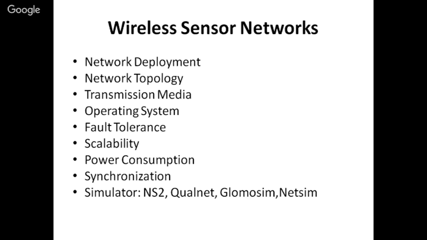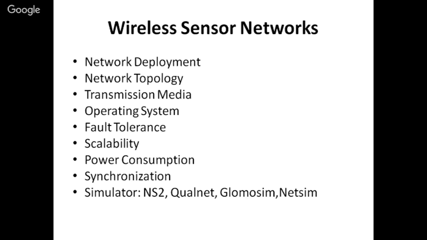Likewise, these operating systems available for mobile phones or laptops or computers cannot be applied onto these sensor networks where WSNs are used, because these sensors are very small. We cannot use normal operating systems because they consume a lot of power as well as a lot of resources. But our sensors are very low in power, and computing capability is also very low. So we need a tiny operating system for this.